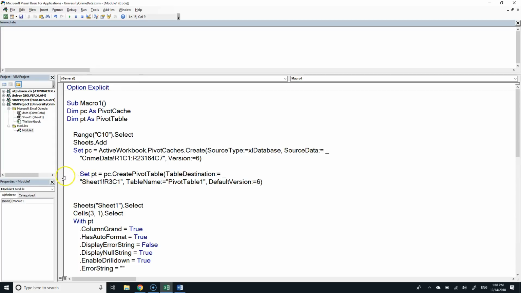But believe me, we can say set pt equal to pivotcache.CreatePivotTable, and then we could say set pt2 equal to pivotcache.CreatePivotTable. And then we can use that same pivot cache object to create another pivot table and another. We could create 12 different pivot tables, all configured differently based off of this single pivot cache. And so that's the difference between a pivot table and a pivot cache, and I guess how they articulate with each other.